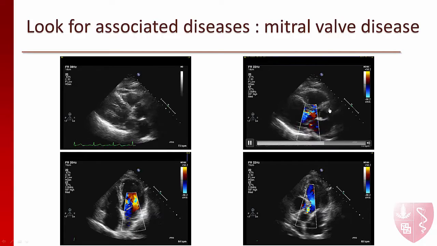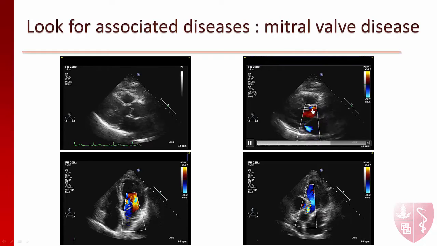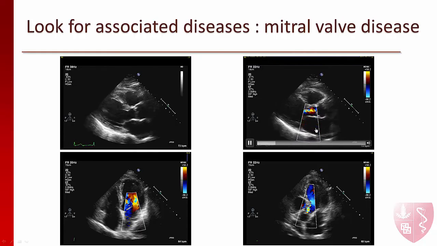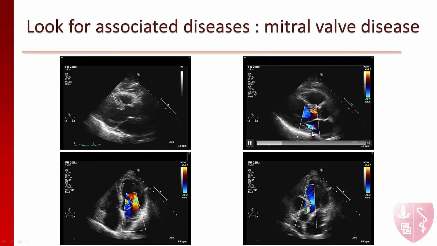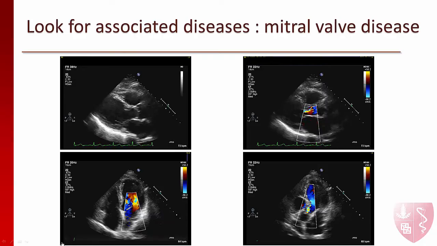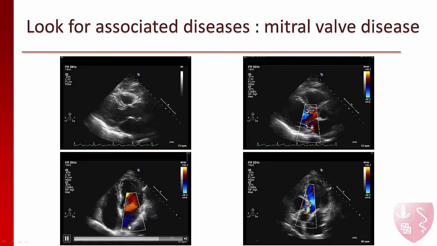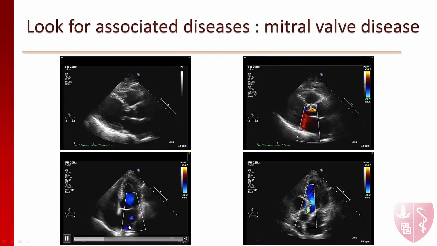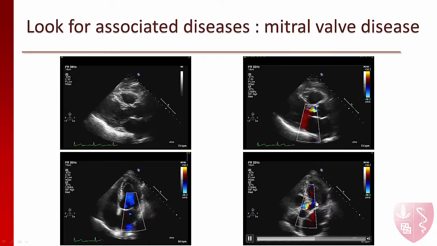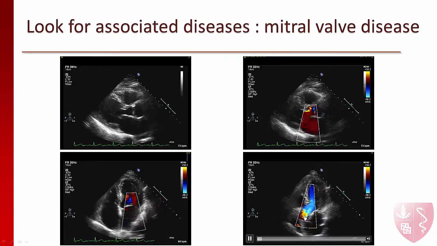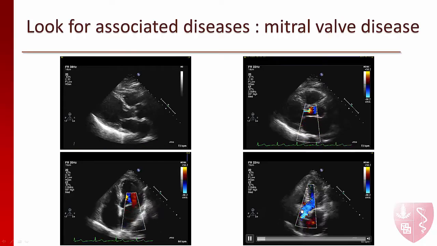Then you will put the color and you confirm that there is an aortic regurgitation which is anterior here, but you will also find a mitral regurgitation which is posterior. It seems to be a small regurgitation, mild. Then if you go to the apical 4-chamber view, focus on the mitral valve and confirm the presence of a mild mitral regurgitation, and then go to the apical 5-chamber view where you will look at the aortic valve and see that there is a mild aortic regurgitation as well.